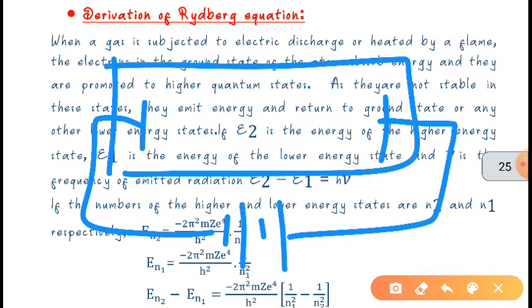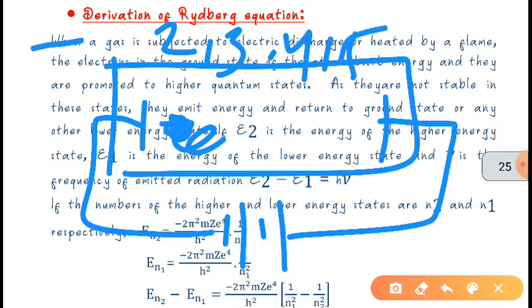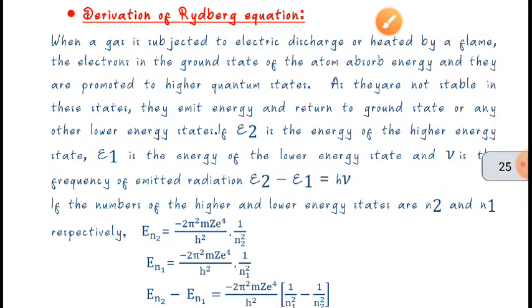When it gets excited, the electron shifts from energy level 1, which is called the ground state, to a different energy level, such as energy level 2, 3, 4, or 5. First it was in the ground state; after absorbing energy from the electric spark, it will jump to level 2, 3, 4, or 5. Which level depends on the amount of energy absorbed by the hydrogen atom.